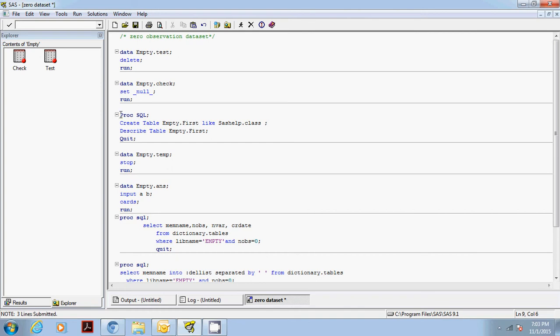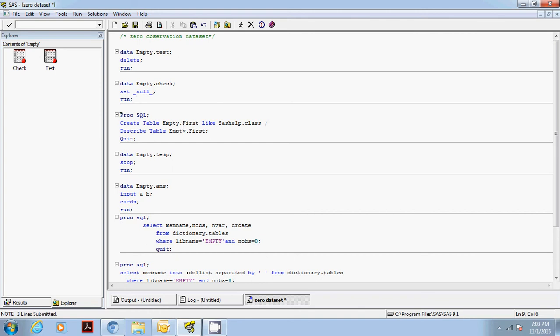In the third method, we can create it by using the SQL statement proc SQL, where I'm creating a table first in the empty library, and I'm copying the structure or the variables from the table class. SASHELP.class is a predefined table that comes with SAS, as everyone knows. Here I am describing the structure of this newly created table first.